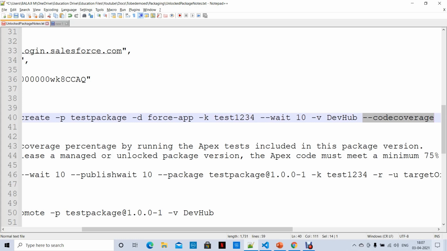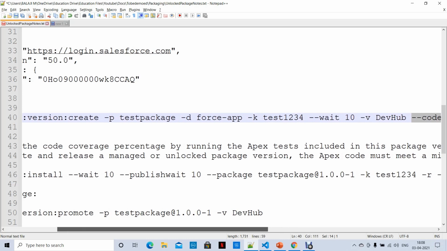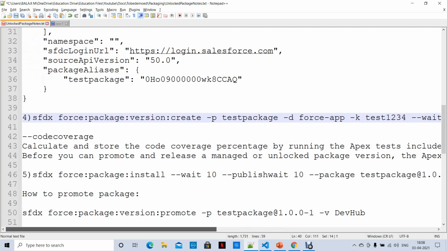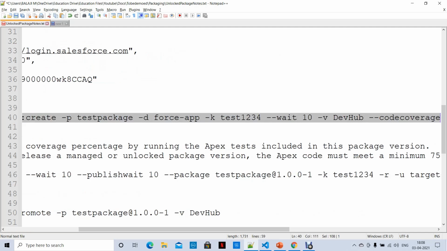But when you want to promote and make it a release version, you always need to use this code coverage thing. Then it automatically calculates the code coverage percent and it is ready for promoting your application. Anyway, now I'm using code coverage also here, and if you see, this is a -k.